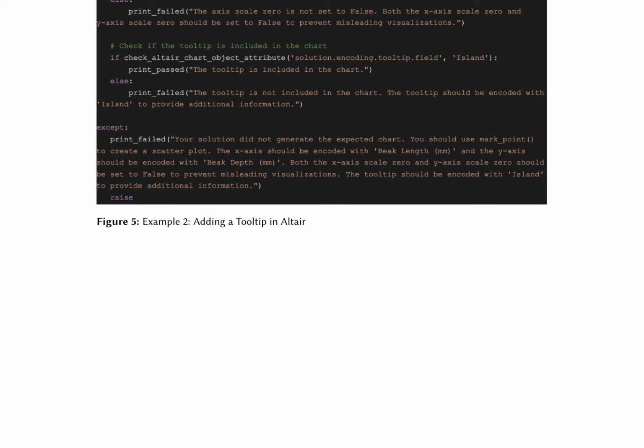In conclusion, the combination of pages 13 and 14 demonstrates the power of tooltips in enhancing interactive visualizations in Altair. The paper provides a comprehensive guide on how to implement tooltips, customize their content, and integrate them with other interactive features. This contributes to a more engaging and informative data visualization experience, ultimately leading to better insights and decision-making processes.